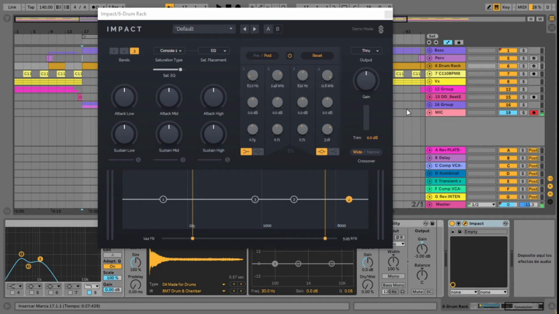This is Nico from Integraudio, and in today's video I want to show you the Impact plugin by Surreal Machines. This is a powerful tool for shaping transients and dynamics, as well as adding additional character to your signal. This plugin features a 3-band EQ, an attack and sustain knob per band, 4 different styles of saturation, and a